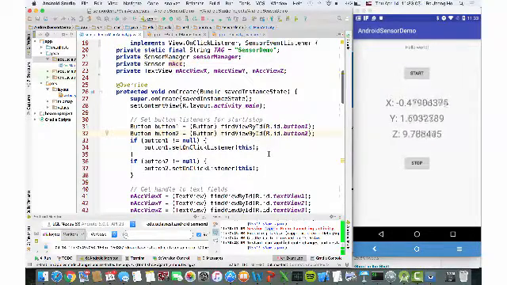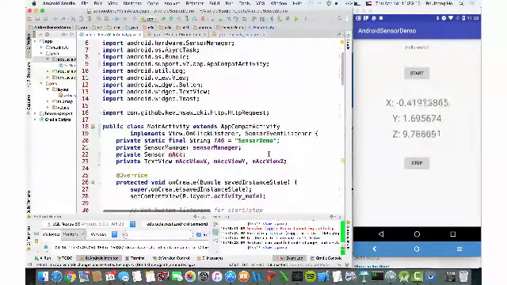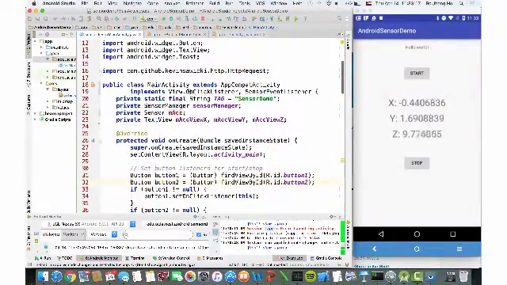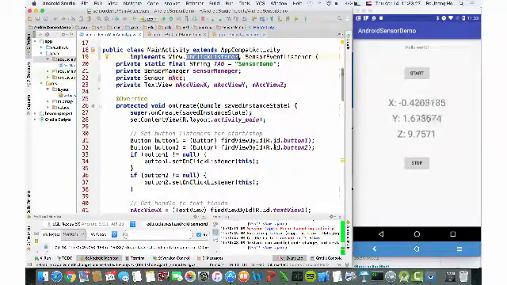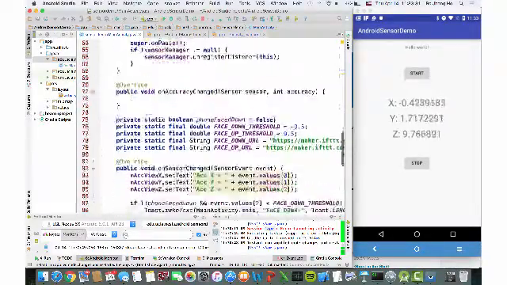Again, we register ourselves, which is the activity itself, as the click listener. That implies that we also need to implement something. For the main activity, I need to implement the onClick listener. And of course, because you implement this interface, you need to implement the missing method, which is the